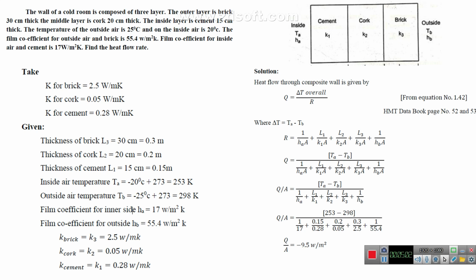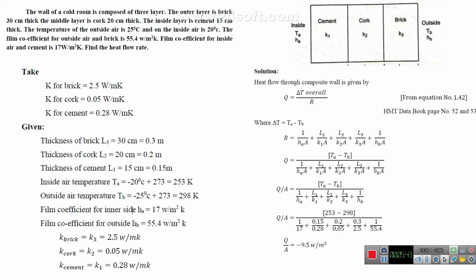The formula for R is the length of the material divided by the particular material conductivity times the area of the material. So this is the formula for R. Here we are forming one formula for R, having three layers and also the heat transfer coefficients inside and outside. Okay. So these values we derive in one formula: 1 divided by HA into A plus L1 divided by